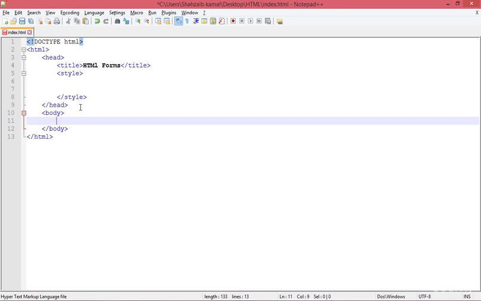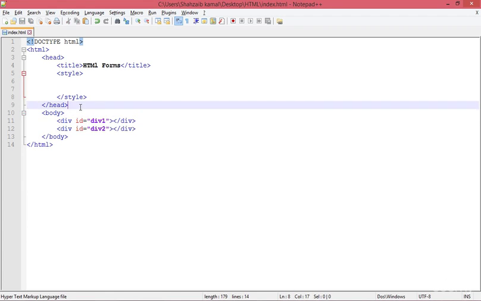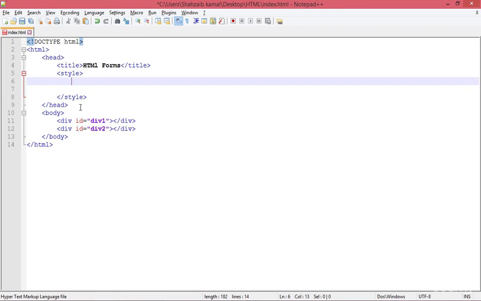Welcome back everybody. So guys, here in this class I'm just going to teach you some more interesting things about the CSS. I'm creating a div and giving it an ID div1, and in the same way creating another div2, and I'm styling both of them here. I'm adding their IDs there, div1